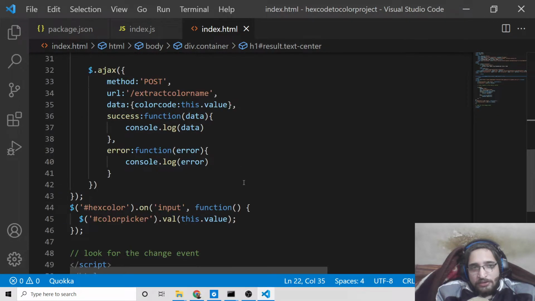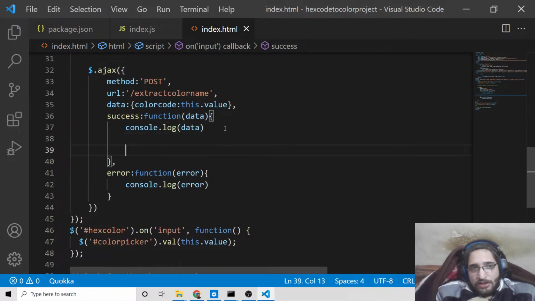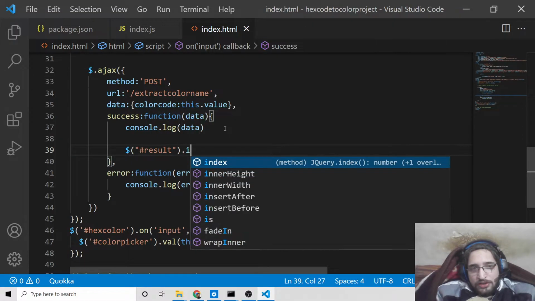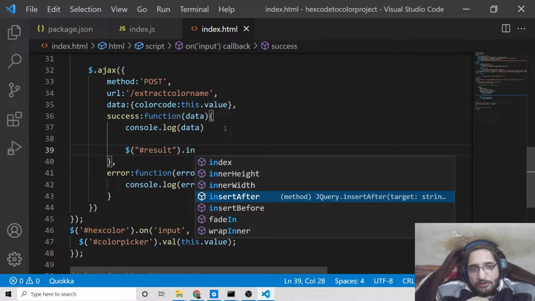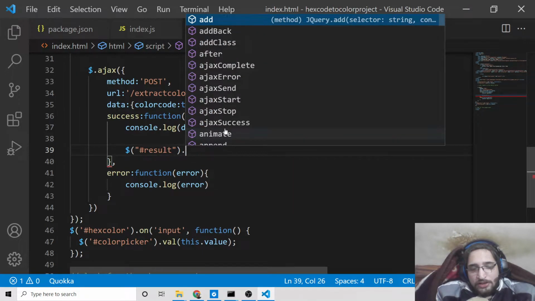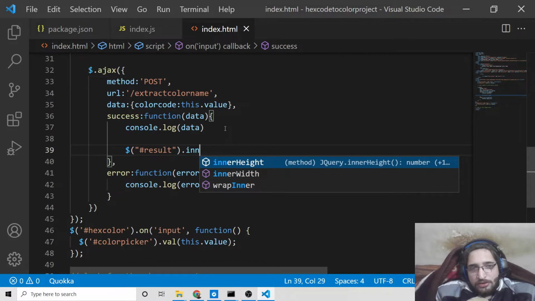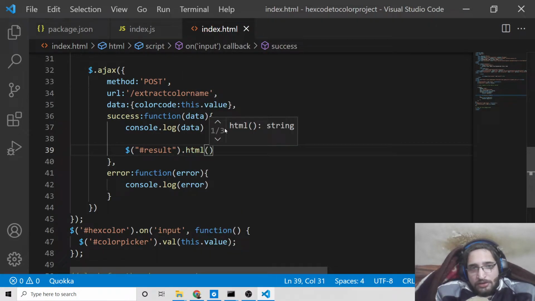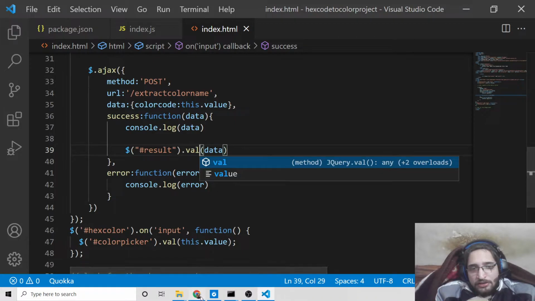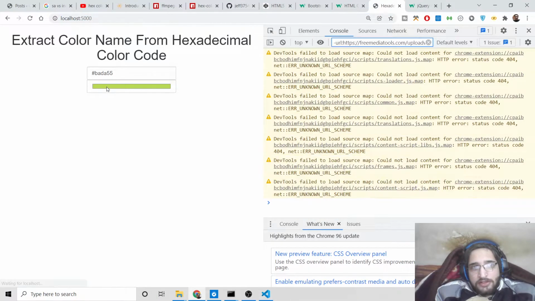So simply what we can do in the success, we can now target the heading here, which is result dot inner HTML, or we can say append, or I can say inner HTML or HTML, and here we can pass the data. That's it. Or we can say value. I think value is great. If I now say